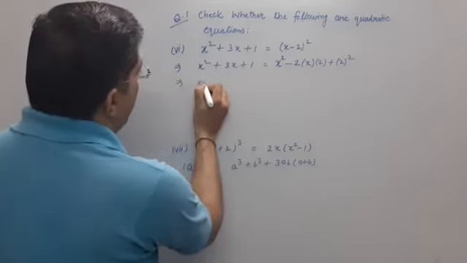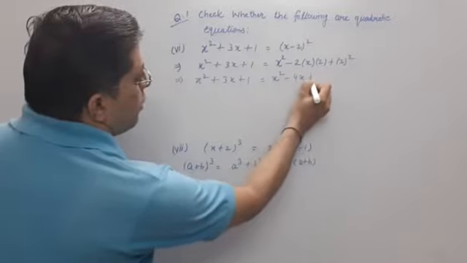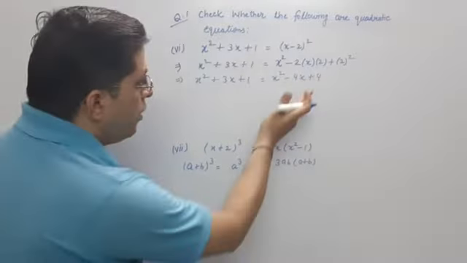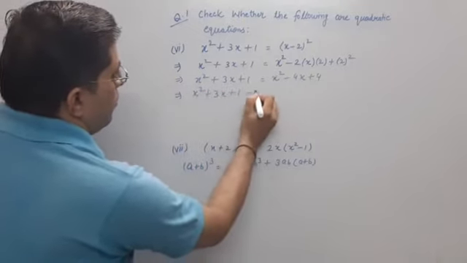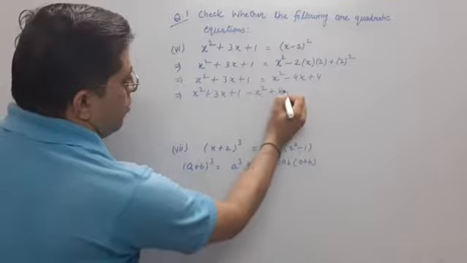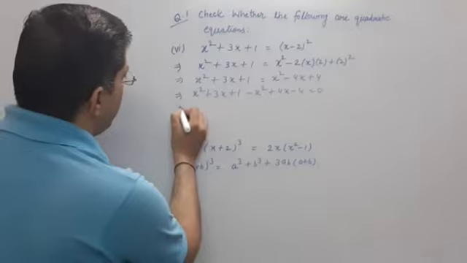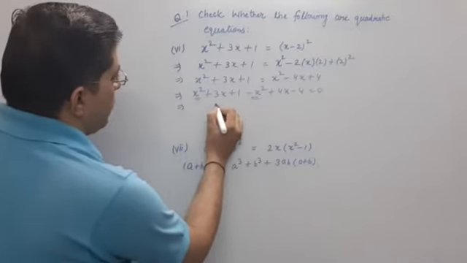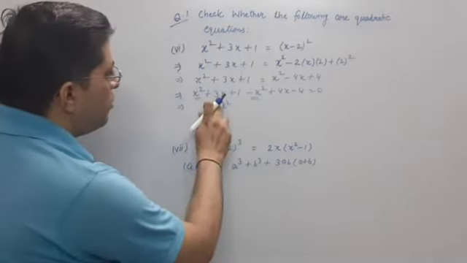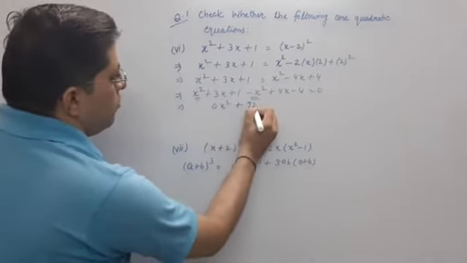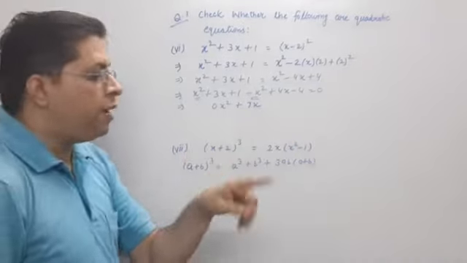Okay, now come on, x square plus 3x plus 1 is already here. What will come? x square minus 4x plus 4. Okay, now I am sending all these to one side: x square plus 3x plus 1 minus x square plus 4x minus 4 equal to 0. Isn't it? Now see, after simplifying, 0x square will come, 1 minus 1 is 0. Here is 3x plus 4x, it will come 7x. And here 1 and minus 4, this will become minus 3.